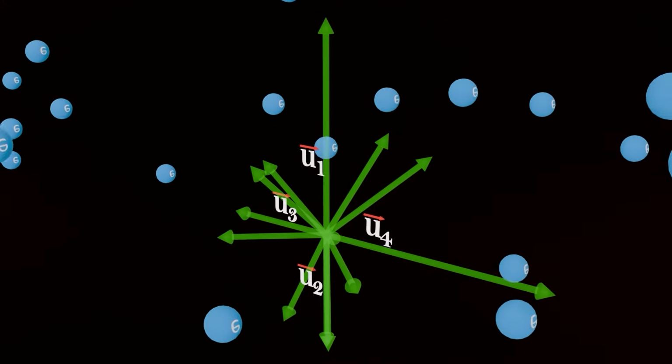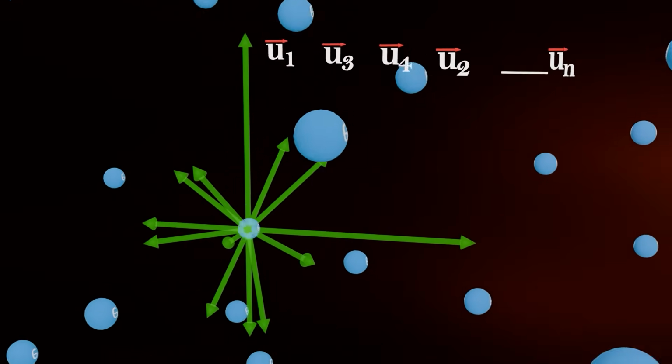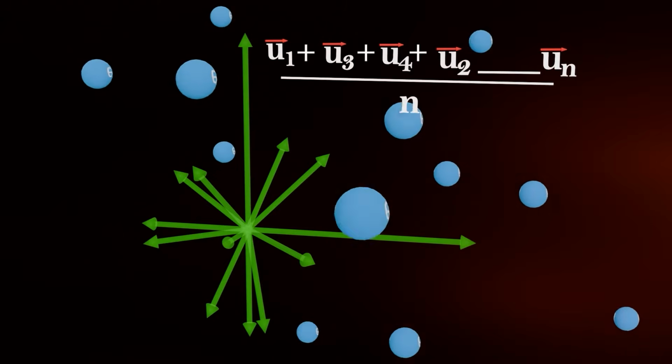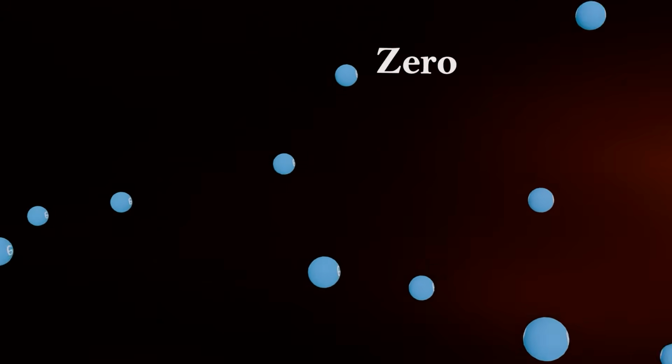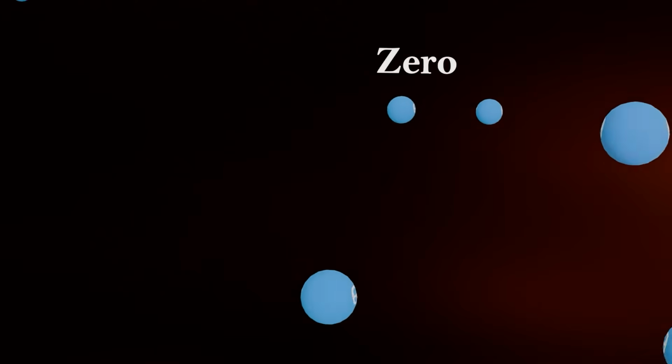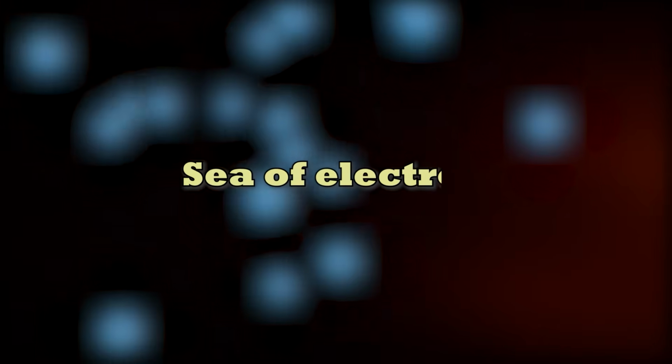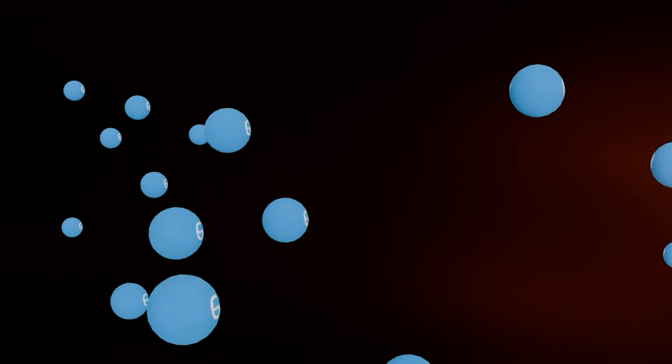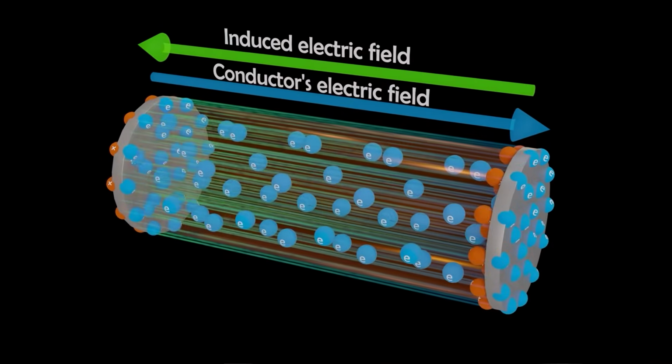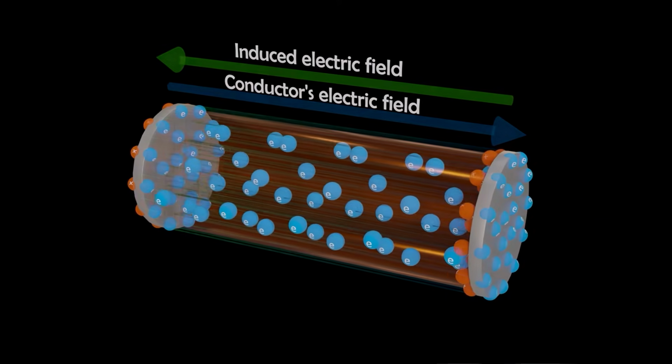That means, if we try to calculate the average velocity of all these electrons in any one direction, the result is zero. No net movement in one direction, no organized flow, and therefore no net current. So even though there is a sea of electrons inside the metal, this random thermal motion alone cannot produce electric current. For current to flow, the electrons must prefer a direction, and for that we need an external push, the